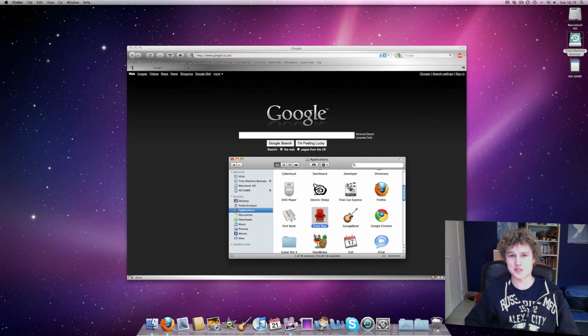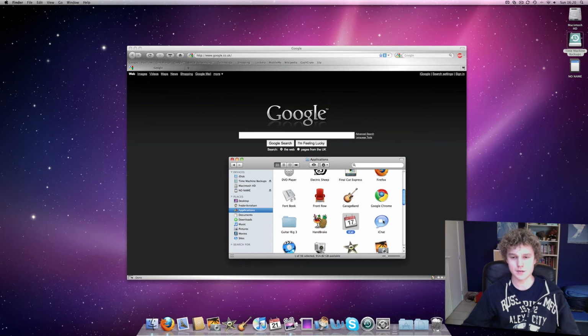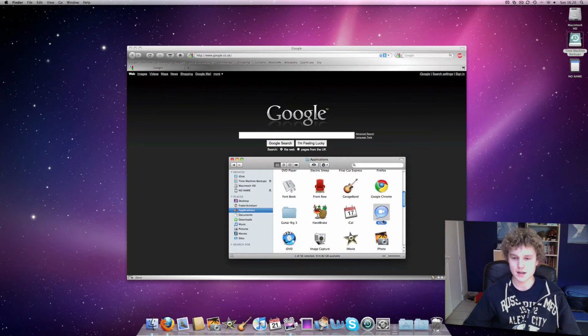Front Row basically takes up your whole screen. You can't multitask and do something else at the same time. It's just a cinema. You can watch a movie or something like that. Font Book, you just choose different fonts. Handbrake is an application I have to take my DVDs and put the files on my iPod. Very useful. iCal is a calendar. iChat works with AIM, .mac.me or @me.com,